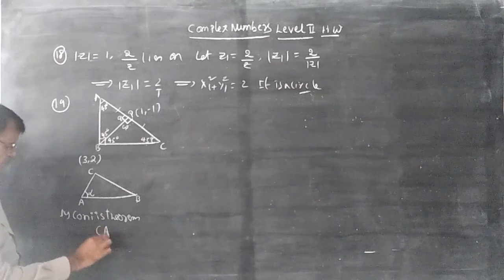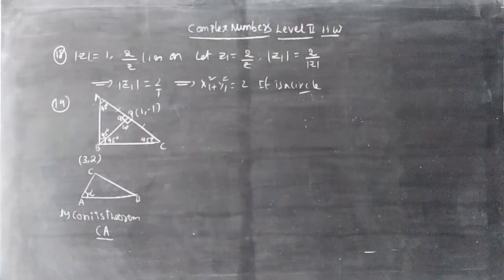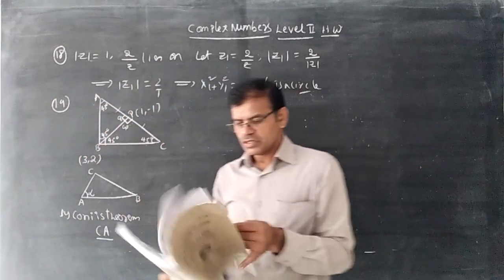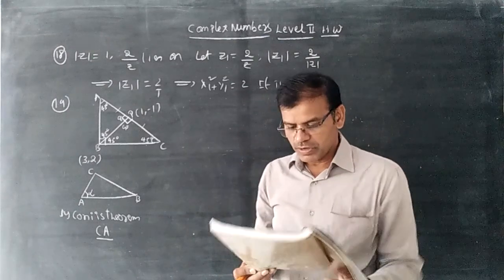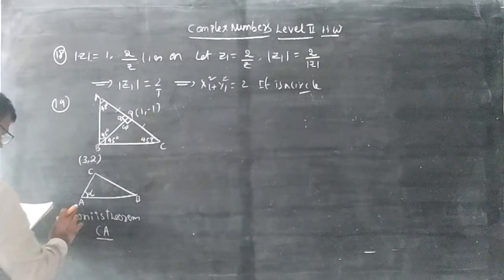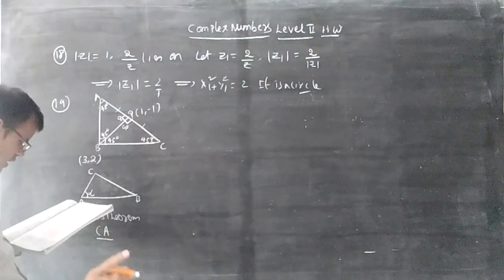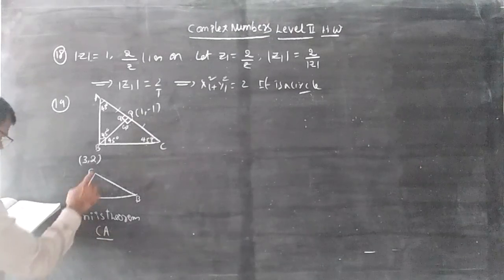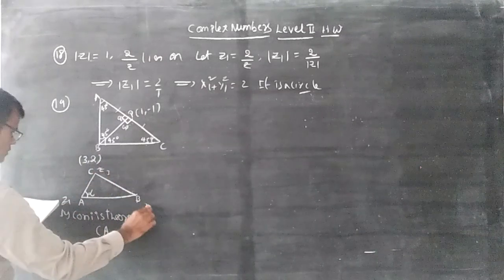CA by CB in our material. In the synopsis, page number 11, he has given the Coni's theorem concept. He put C here, A here, and B here. CA by CB. He mentioned that CA by BA is equal to (Z3 minus Z1) by (Z2 minus Z1). This is Z3, this is Z1, this is Z2.